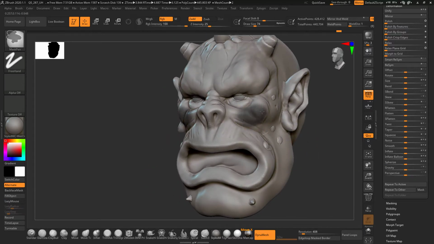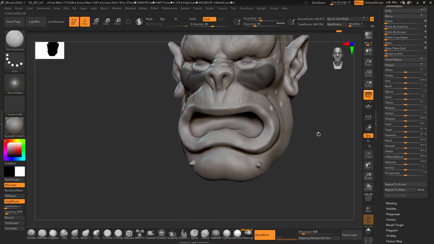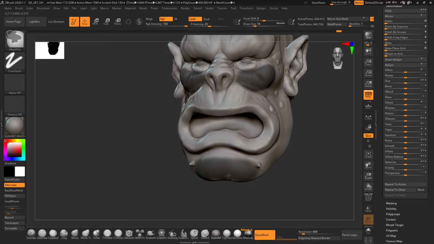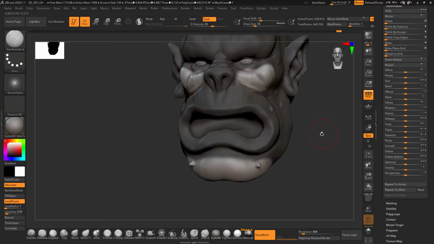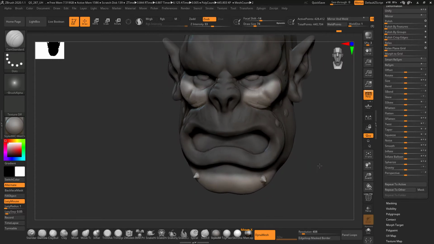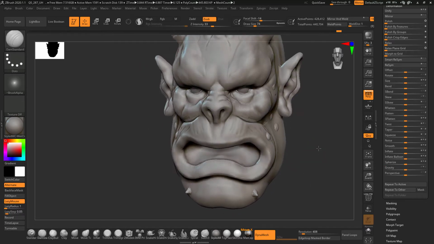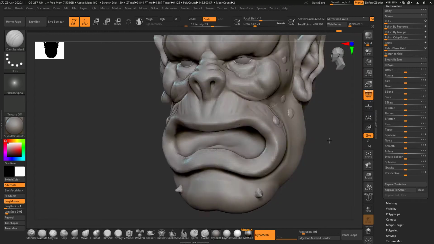For example, I make a selection of this area where I want to apply the gravity, and these areas. So I'll just inverse, and then when I increase the gravity, you can see it getting more down, and it gives a very unique look.